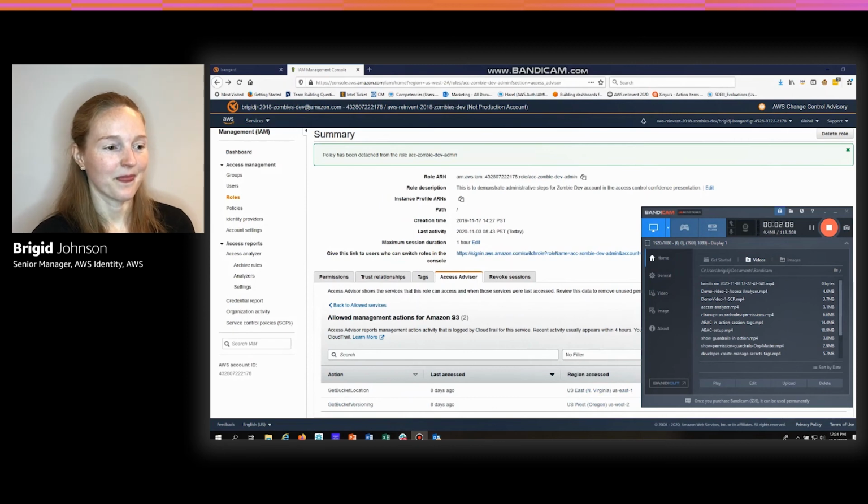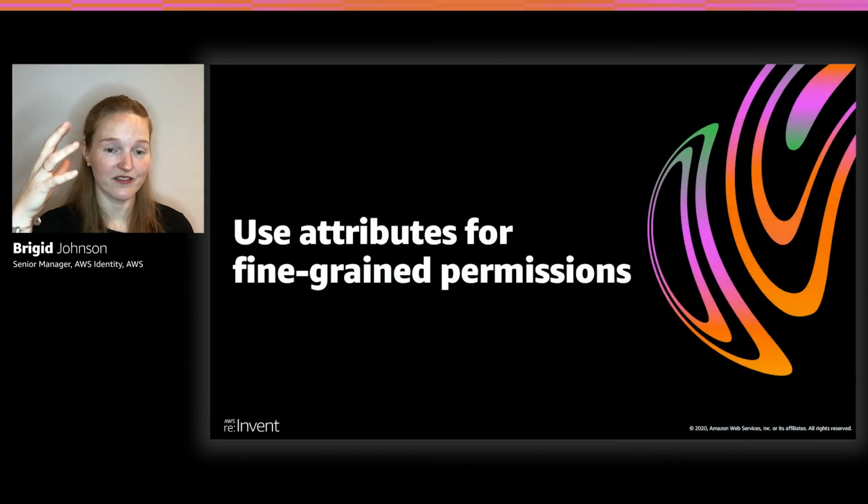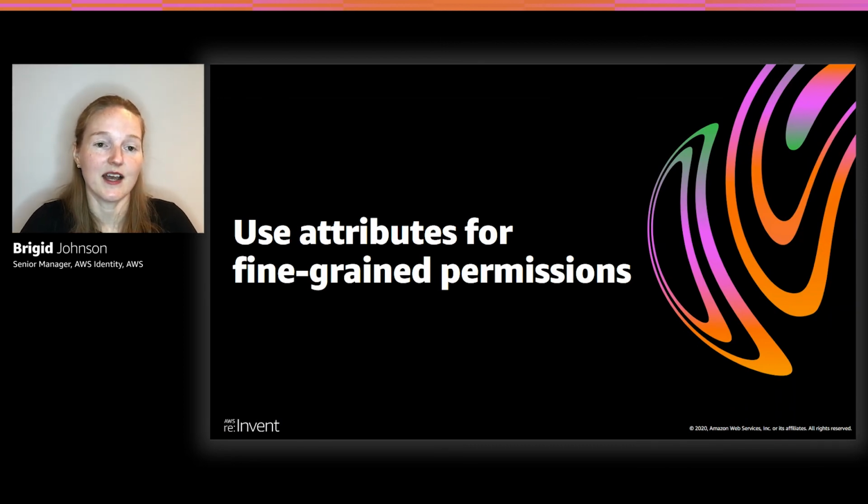All right, so now we've done the guardrails, we've gotten to least privilege or started our journey of least privilege, and now we want to use attributes for fine-grained permissions. And why would you want to do this? You want to do this so it's more intuitive, right? And also that it scales. As you add resources or as you add identities to your team, you just want a simple permission that you can say, hey, if the attributes match, which are tags in AWS, then grant permission.